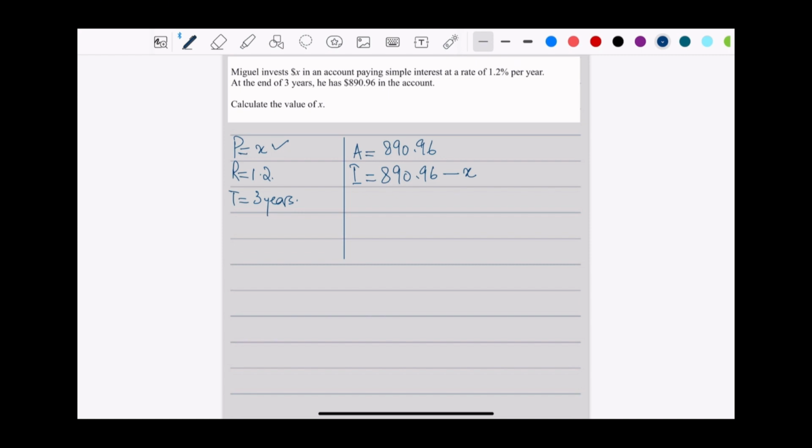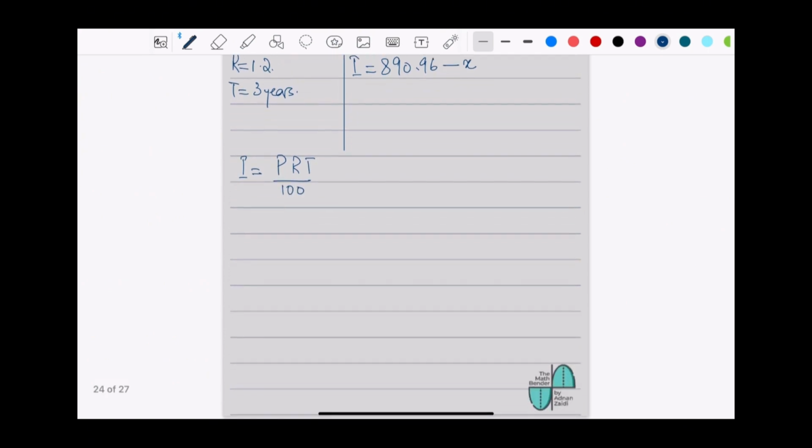So I'll write that down as interest is equal to PRT over 100, and since interest is 890.96 minus X, it equals principal amount X times rate 1.2 times 3 over 100. Now if I multiply this over there, it's going to be 100 times (890.96 minus X), and 3 multiplied by 1.2 is going to be